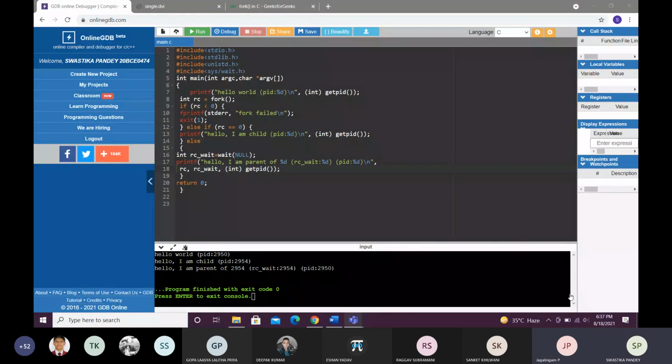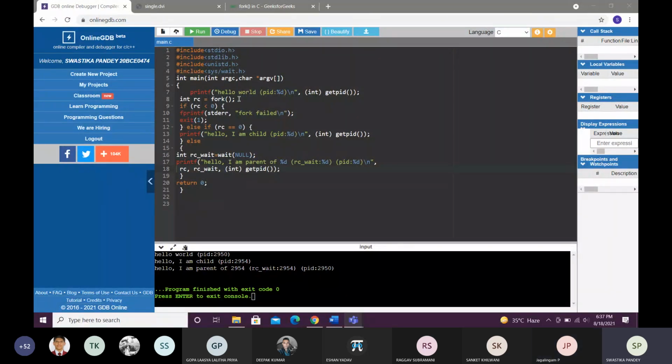Yeah, visible. Can you take 2 minutes to just explain this? You are muted, Swastika. Yes, sir. Do I have to explain this code? Yeah, please go ahead.